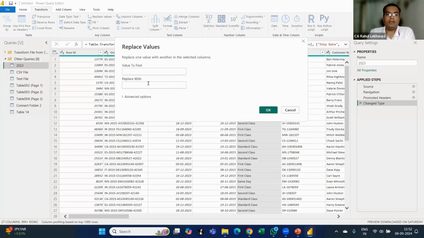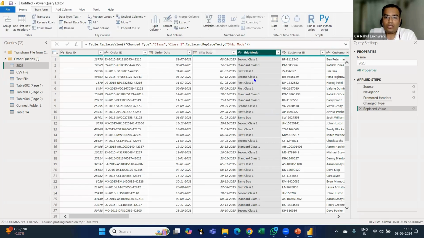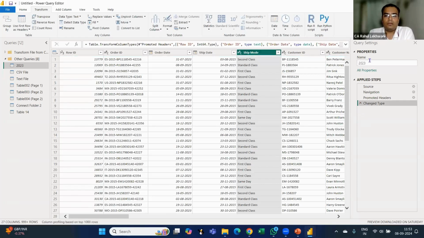Just like in Excel, it asks me what is to be replaced. So I'm putting in the detail that Class should be replaced with Class 1. Let us press OK. So in the entire field, wherever there is Class, it has been changed to Class 1. This is called replace. And there are a lot of different options that are there in Excel. The same you can use in Power BI as well. Now, if I want to go back to the previous state, I can just click on this